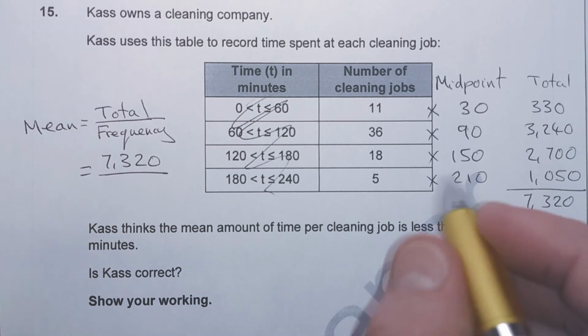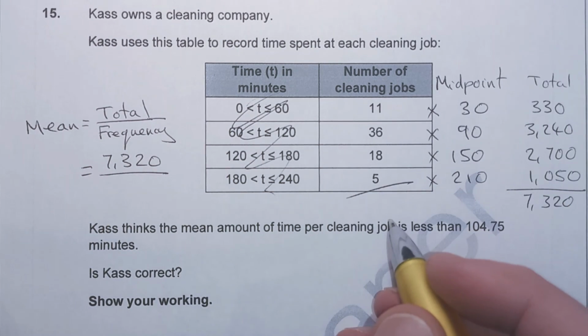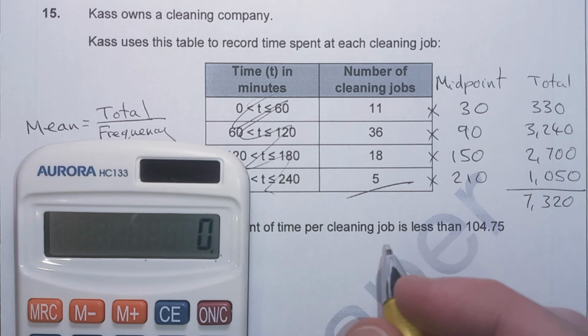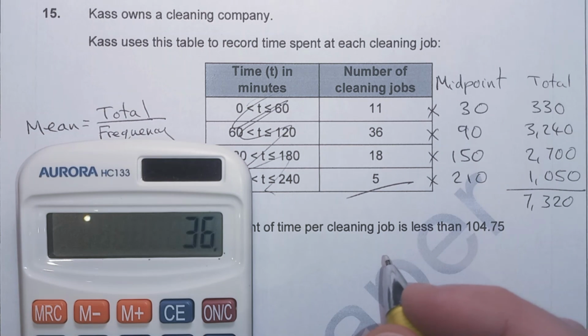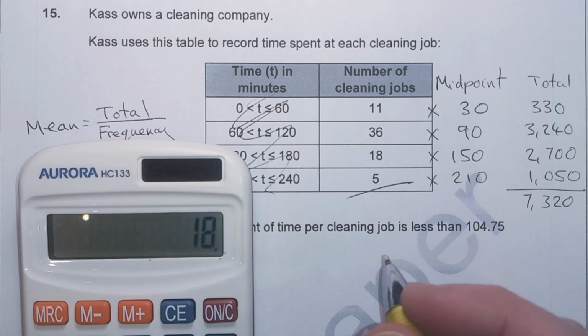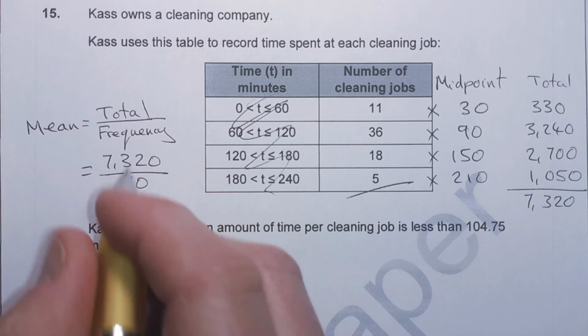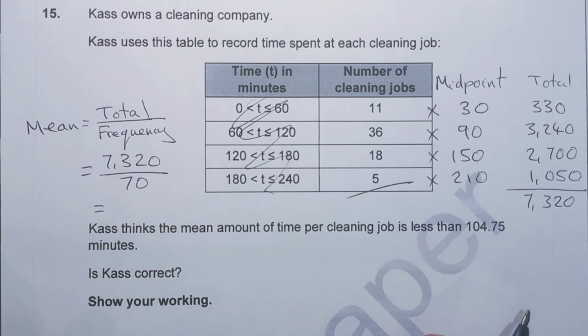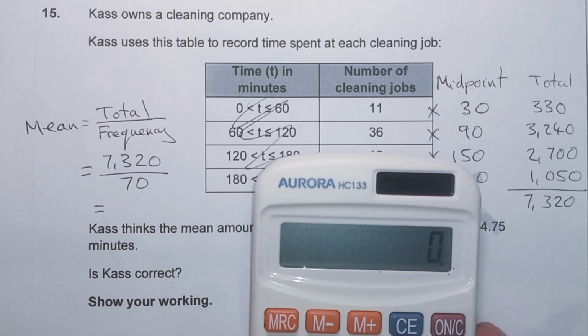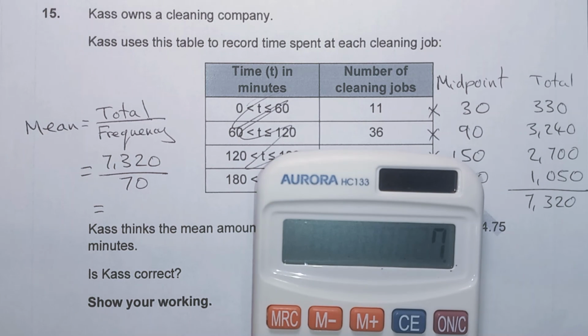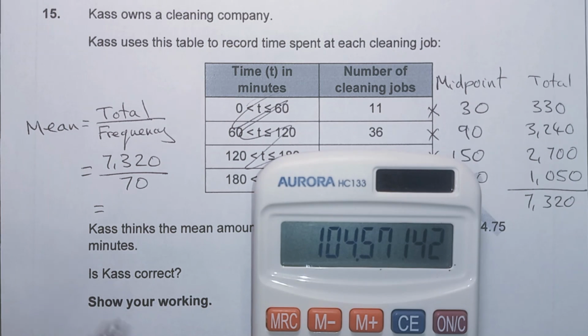Now if you remember, we said we want the total, so 7,320, divided by the frequency. Well, the frequency is going to be the total number of jobs. And to do that, we're going to add these up. So 11 plus 36 plus 18 plus 5. So we've got 70 jobs there. 7,320 divided by 70 gives us